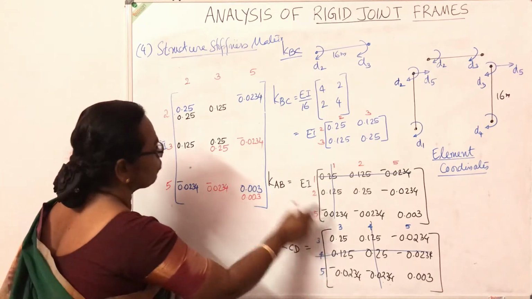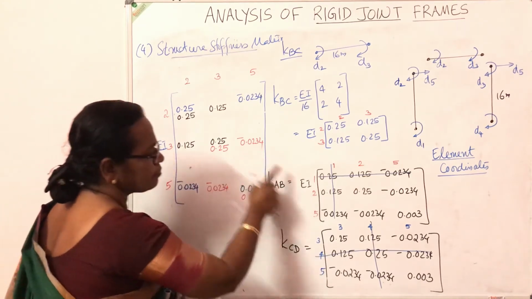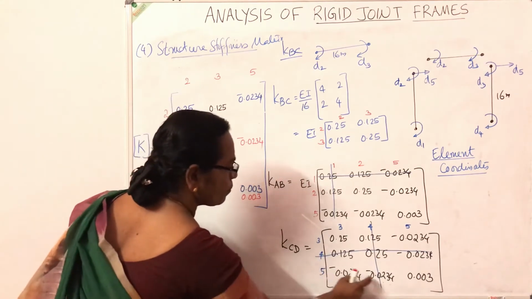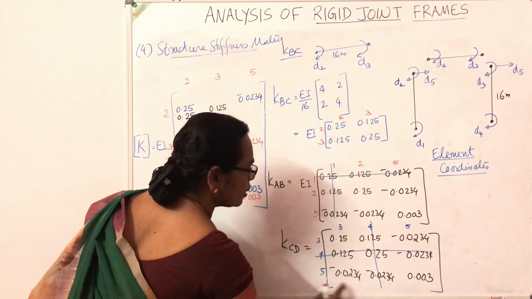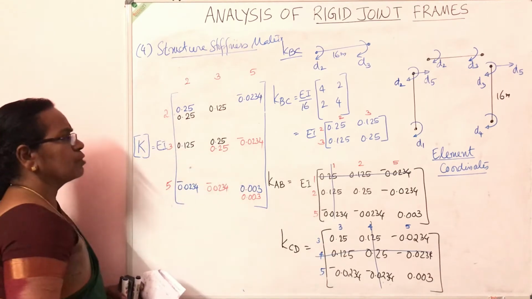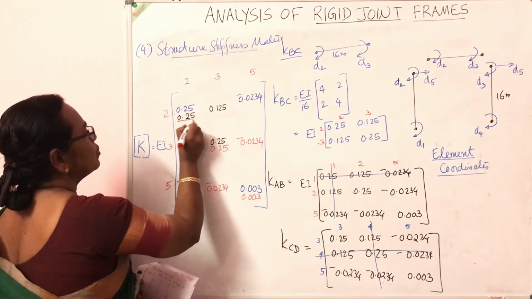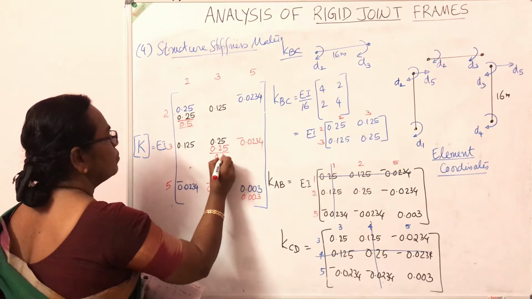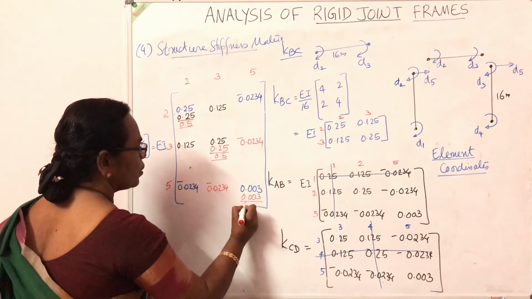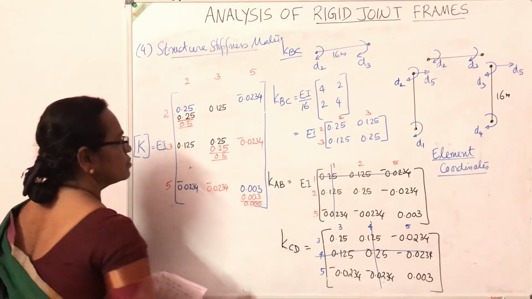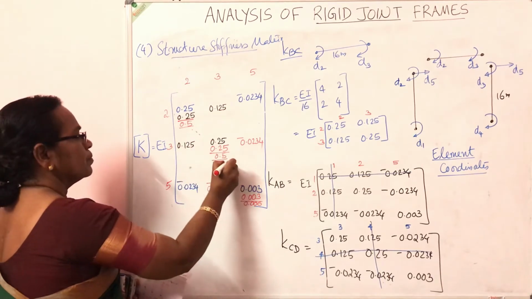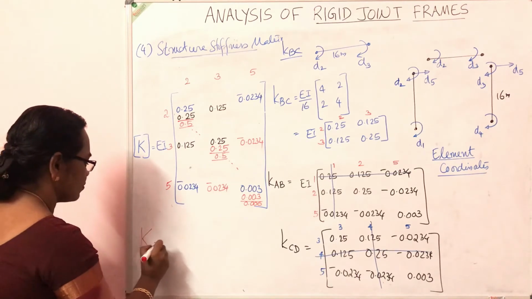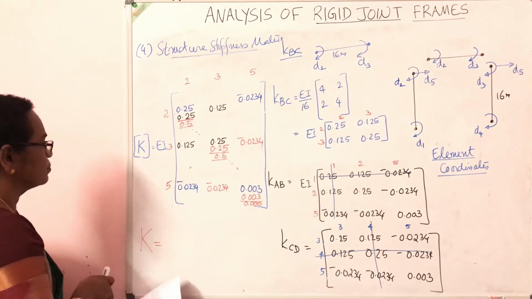It is 0.25 in 3, 3. In 3, 5 minus 0.0234. Then 5, 3 minus 0.0234, and in 5, 5 0.003. So you have to add it at this location. It will become 0.5. Here also it is 0.5. Here 0.006. See. So the stiffness matrix which we are going to get is this final stiffness matrix K is equal to